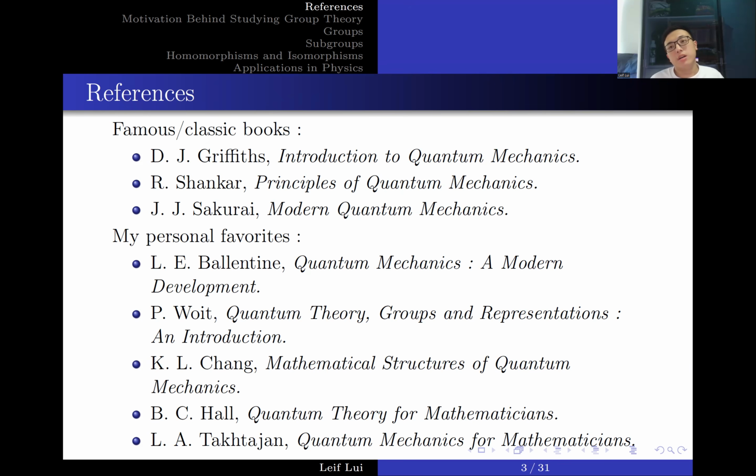Shankar has a lot of topics, and the perk of Shankar is that the discussion with and the connections drawn to the physics is quite good. But in my opinion, at least when I read it, it's a bit off-putting because it's quite wordy. On the other hand, we have Sakurai. I think it's shorter. It's similar to the length of Griffiths, around the 400-page mark. I can't remember.